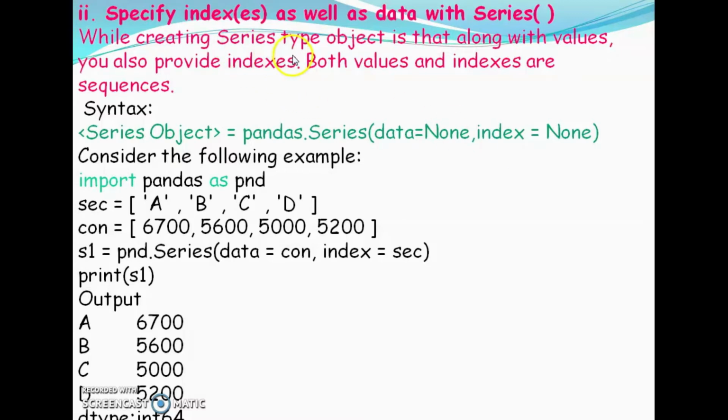While creating a series type object, along with values, you also provide indexes. Both values and indexes are sequences. Syntax: series object is equal to pandas.Series, data is equal to None, index is equal to None. Consider the following example. Import pandas as pnd. SEC is equal to A, B, C, D, a sequence of values, that's a list. CON is equal to